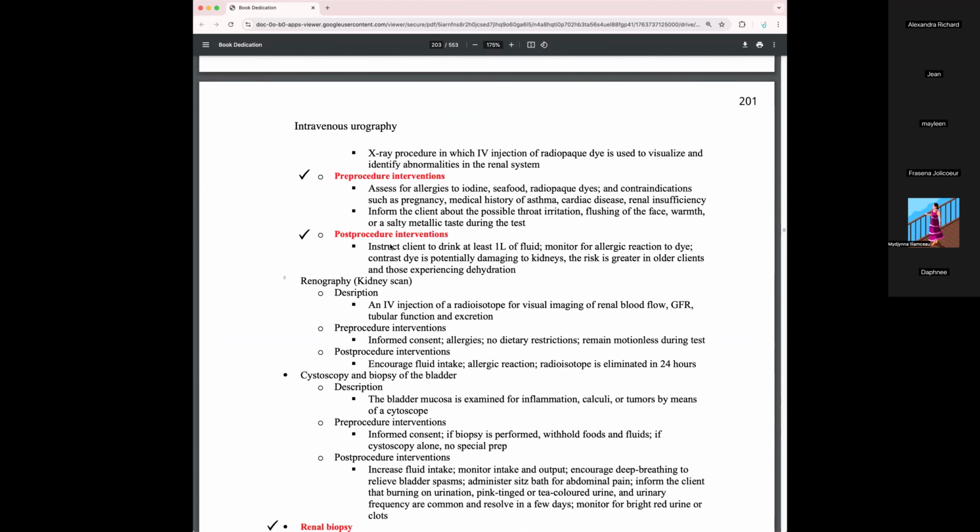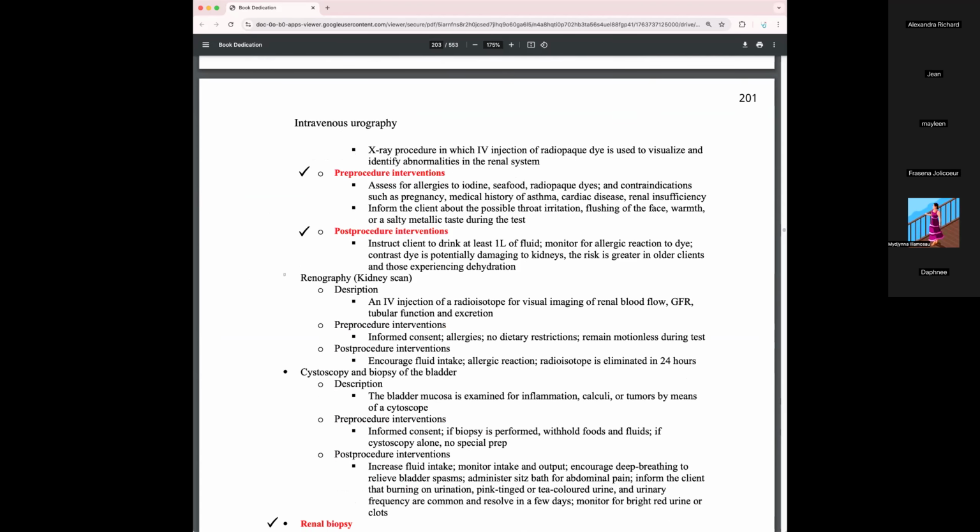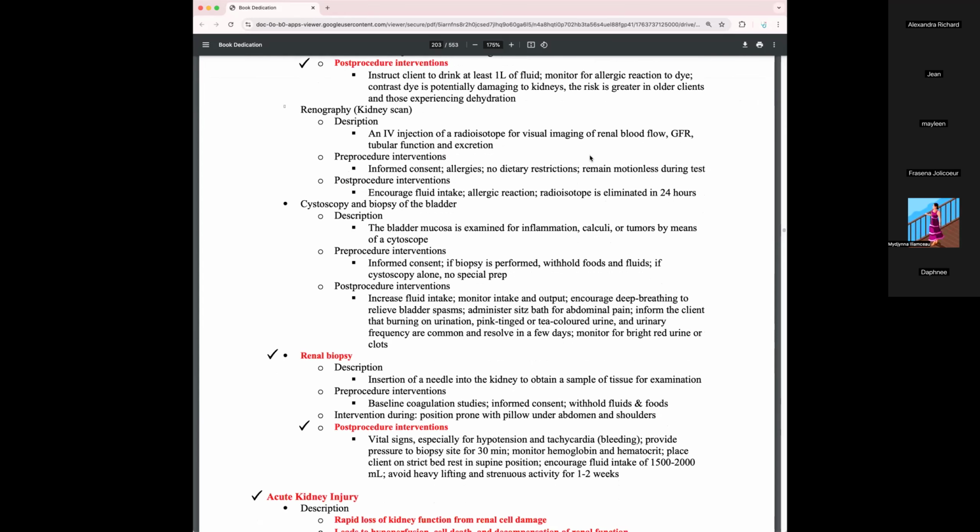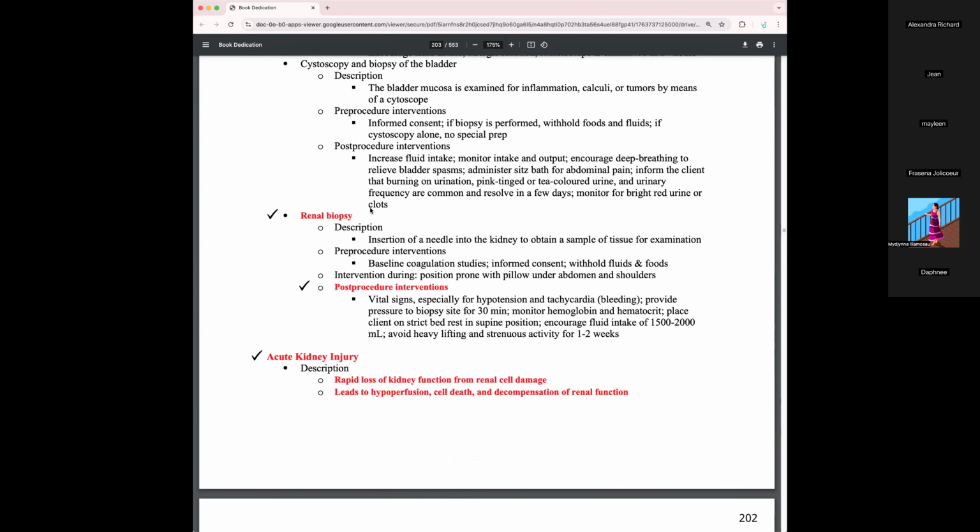Next up is intravenous urography. This is an X-ray procedure in which IV injection of contrast dye is used to visualize and identify abnormalities in the renal system. Okay, so we're really focusing on what you need to know for NCLEX. These last two, I do want you to study for NCLEX: cystoscopy and biopsy of the bladder, and renal biopsy. Anytime you see a word that ends with oscopy, we're using a camera to view